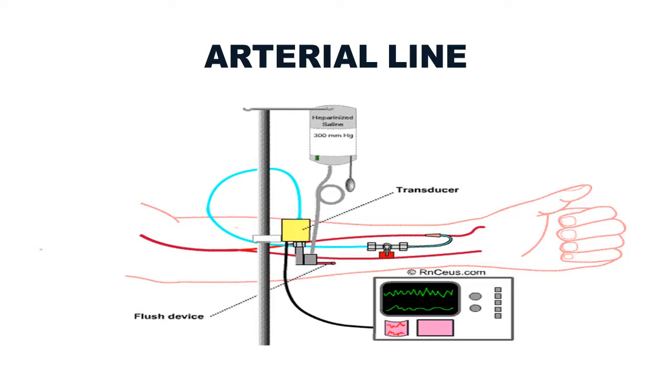This is the ideal diagram when the arterial line is connected to the patient. From the hand, the radial artery is identified with the help of the Allen's test, and the catheter tube is inserted. Then the transducer is connected. From the transducer, one is connected to the fluid, one is connected to the cable. With the help of the module, whatever readings are captured from that artery are displayed on the screen.